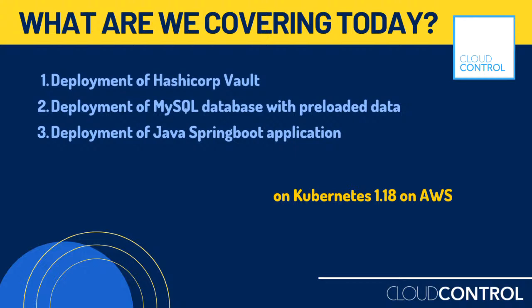The first component is the HashiCorp Vault, and we have a sample repo which you will be using to deploy these applications, and you will be able to see these applications up and running on the platform from the dashboard, and you will be interacting with our platform